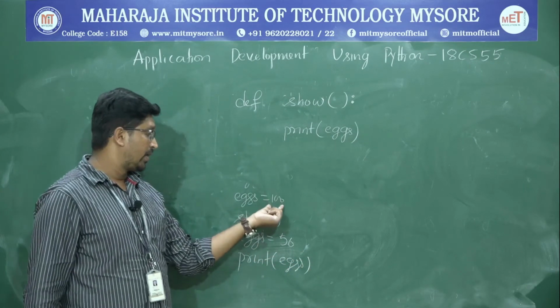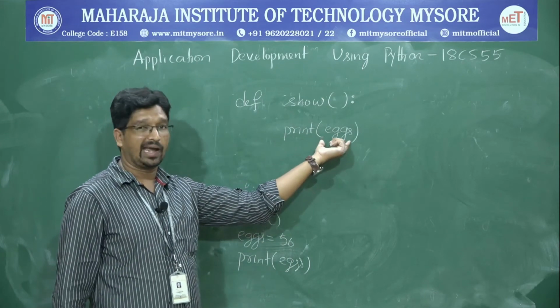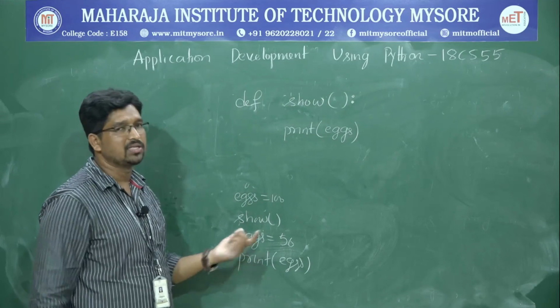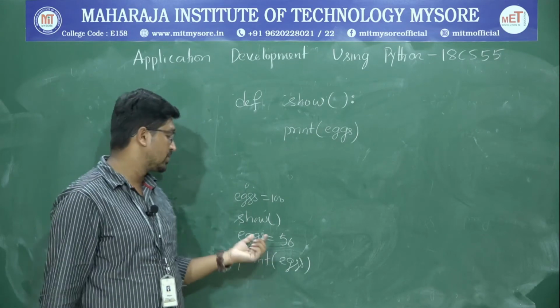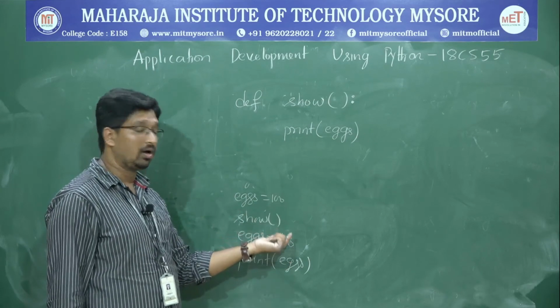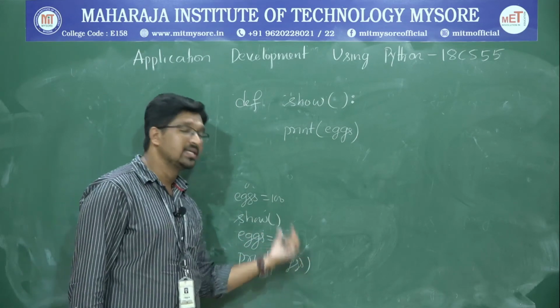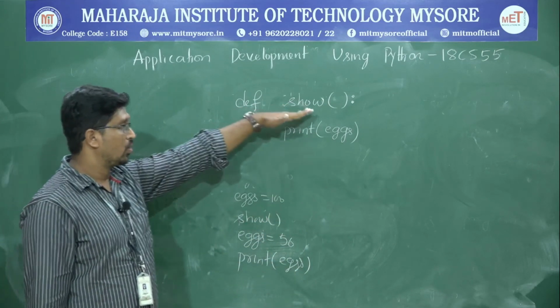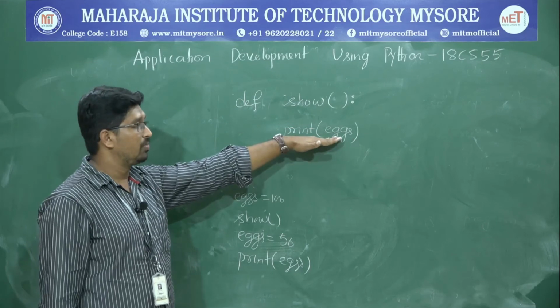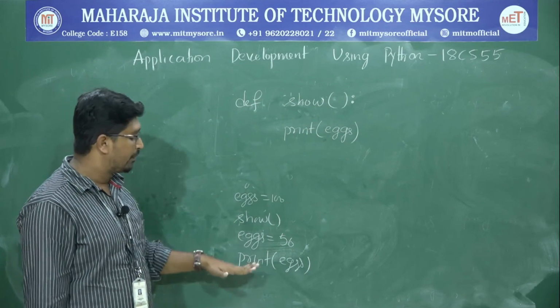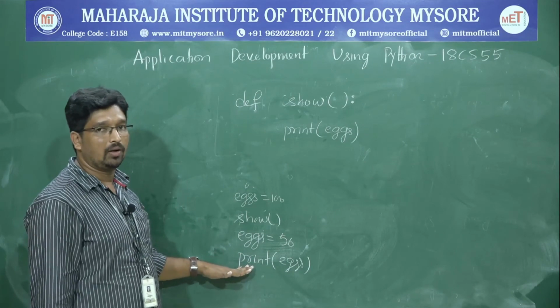Now you have x as 100, the show function gives you 100. Then you come back, you are changing the global value. You can change the global value any number of times. Now you are changing the global value to 50 in the global scope, then you will get the output as 50. It is a very simple example. Initially 100, go to local scope, use the global variable, come back, change the global value, print the global value.